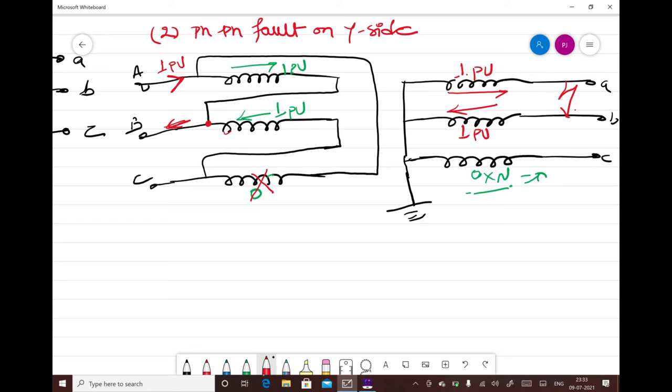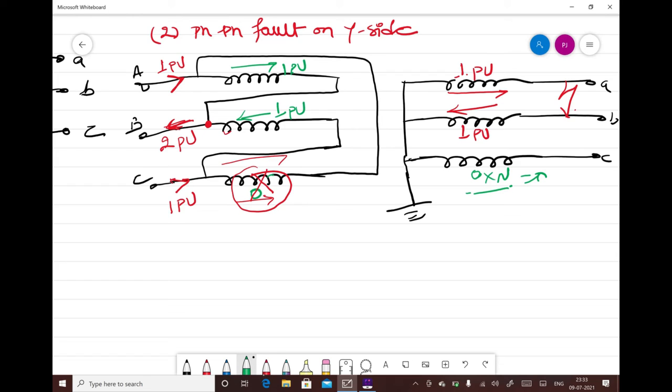B phase cannot force current, because if this forces the current, then the current will be in the opposite direction and the MMF balance will not hold true. So the only possibility is that C phase will push the current of 1 pu for ampere turn balance. So C phase will push the current, it will go like this, because this 1 pu current cannot go from this side as it is open circuit. So this 1 pu current will go from this side. Now if you see at this node, 1 pu current from this side and 1 pu current from this side, the total current available over here will be 2 pu, and this is very important